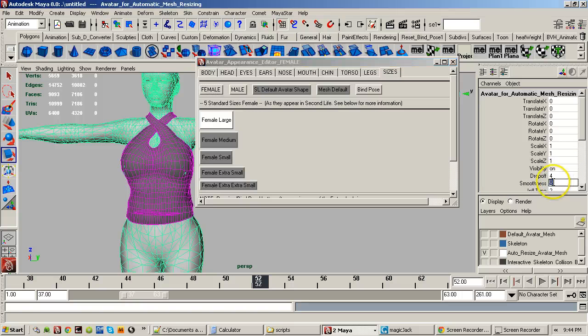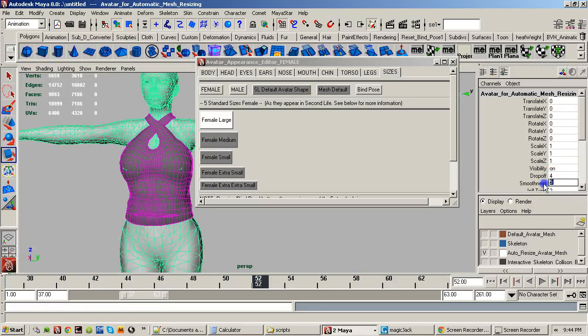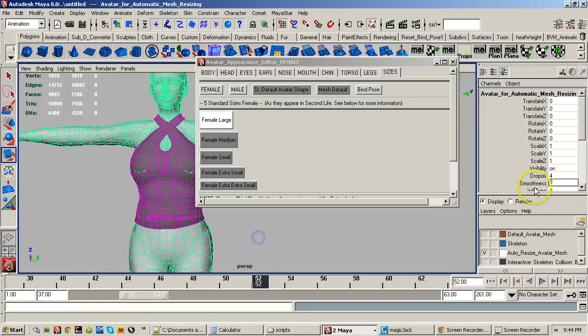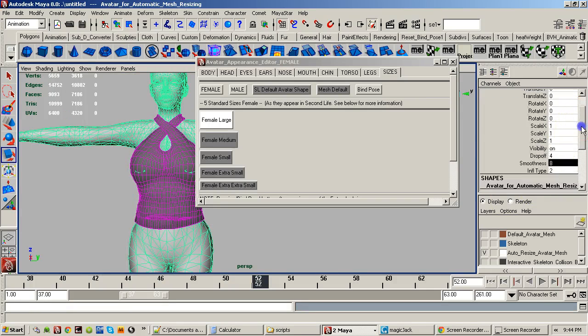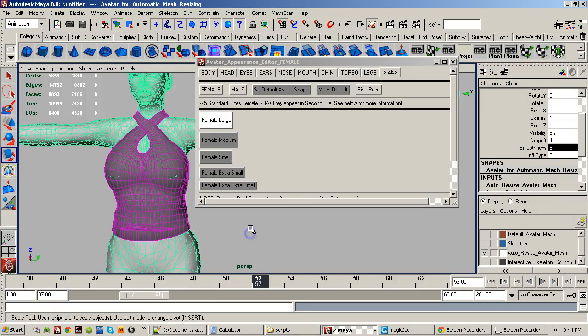You can smooth your mesh over here once you have the avatar selected, and click 5 and hit enter, and you see the mesh got smoother. This is stuff that Linden Lab could have had Carl add to the mesh deformer. That would have fixed a lot of the issues that a lot of people were having. A couple extra little controls, and everything would have been fine. Okay, so